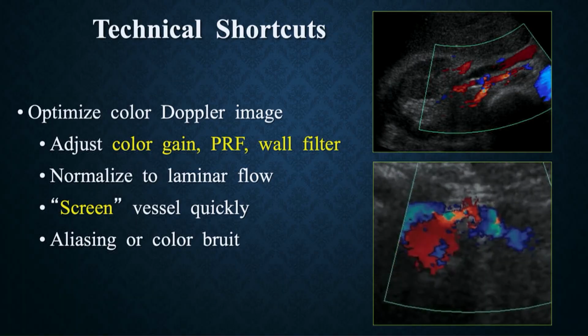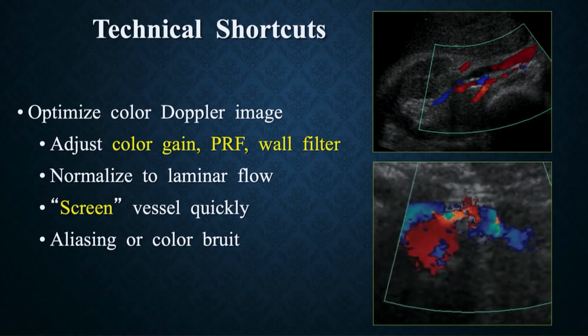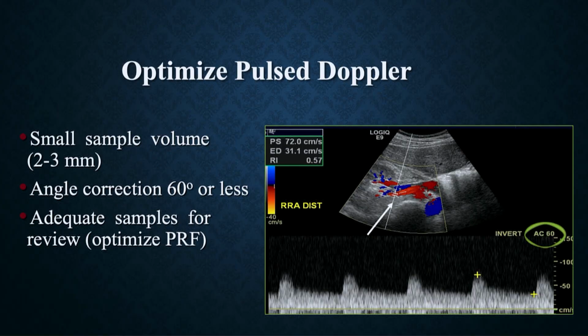So adjusting the color gain and the PRF allows you to really screen the vessel very quickly. And then, of course, we're going to get our samples from the distinct locations in these arteries. And again, angle correction is key. So we're going to use a small sample volume, usually 2 to 3 millimeters, maximum size, angle correcting to 60 degrees or less along the direction of blood flow, and making sure we adjust the pulse repetition frequency and the scale so that we can visualize the waveforms so that we have a normal rapid systolic upstroke and we can